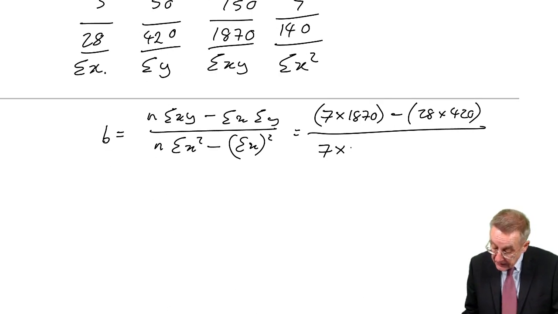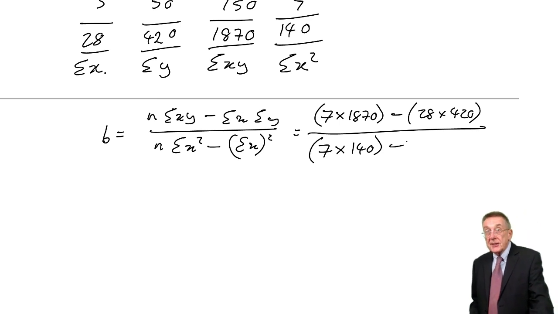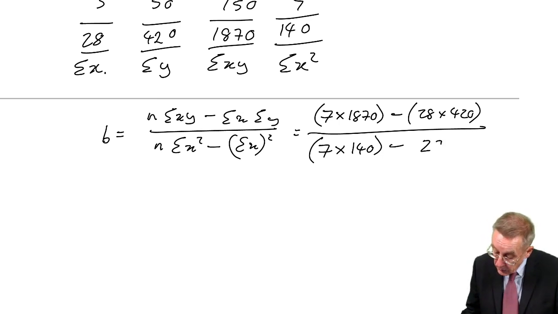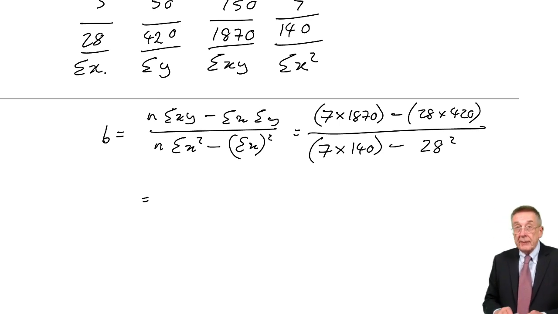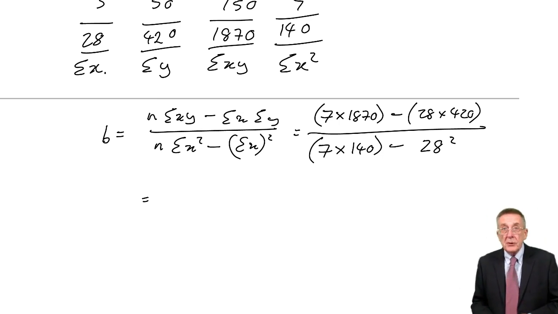So 7 times 140 minus sigma x all squared, sigma x is 28. Now, as I say, you should be able to do several steps at once if you're efficient with your calculator,